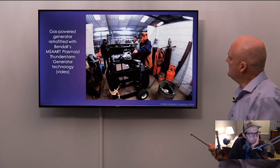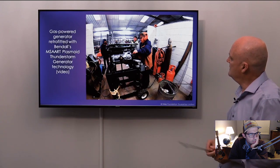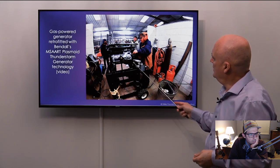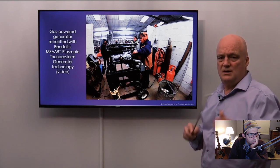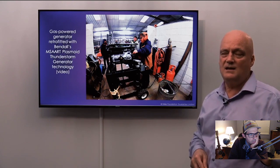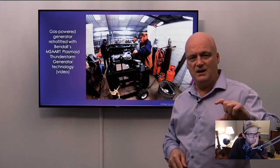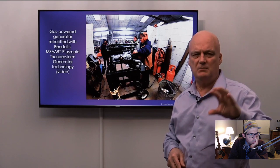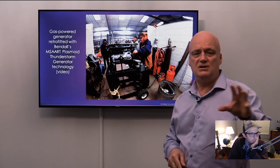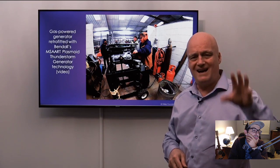Next. Okay, here's me operating the engine in London. This is actually running off gas. Because it's tip gas, we wanted to run off exactly the same thing. And again, we actually tested the leachate. It's in section 2. There's a very big section on that, and I would suggest people look at it, because it makes irrefutable that the plasmoids operating in the water are not only changing the molecular content of the water, and the molecules like cyano, for example, but are actually changing the ratios of the elements in the water. Therefore, it is actually